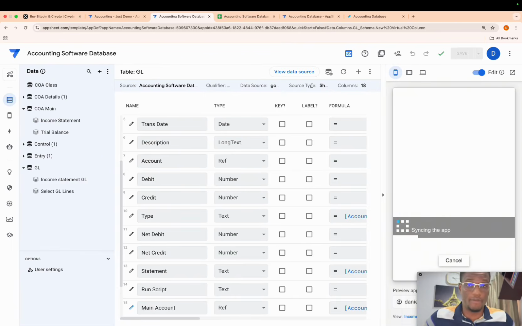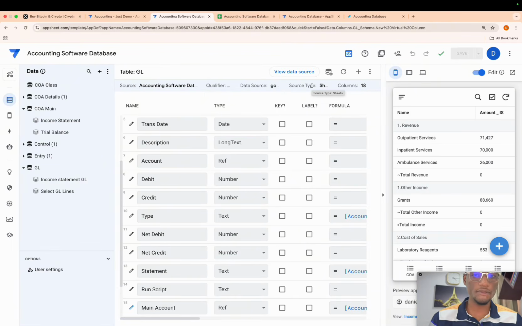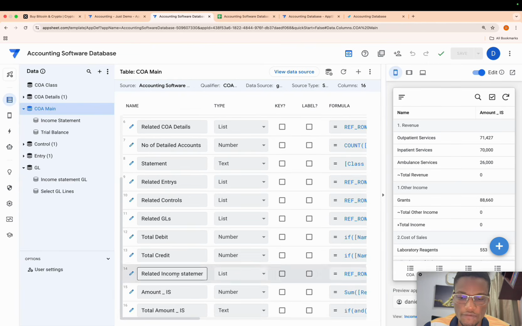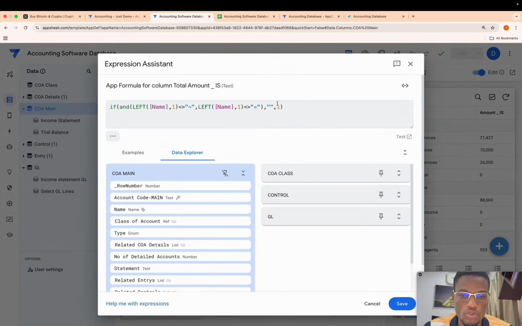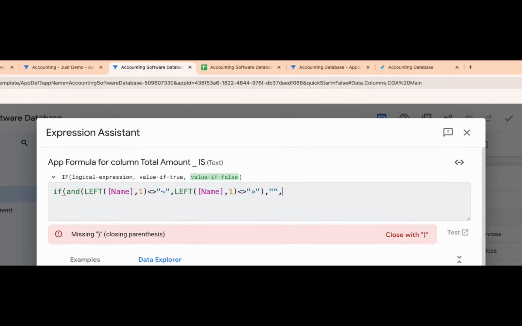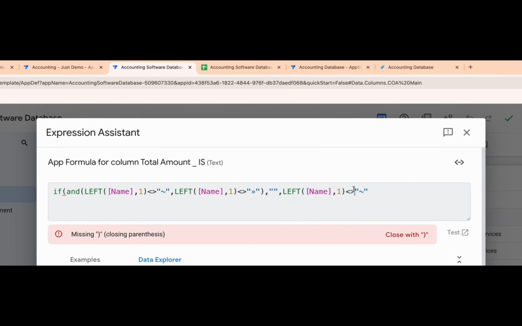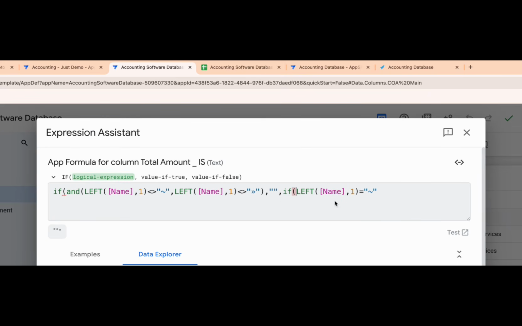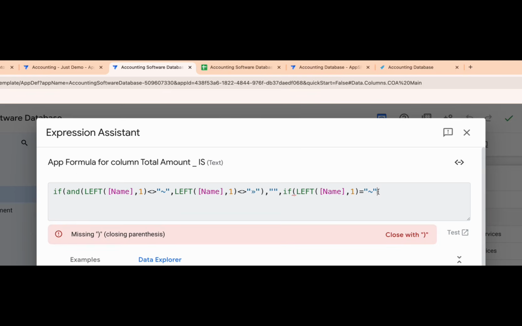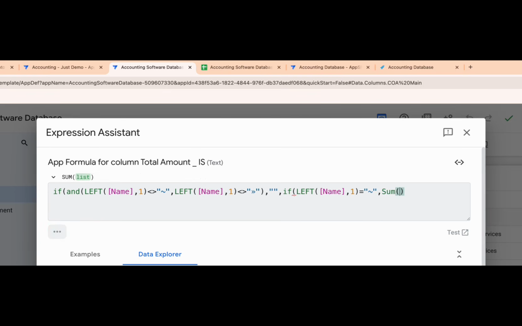And then we can redo the formula again. So we'll come back here and then we're going to do our calculations for the total. So instead of 1, we're going to paste this formula. So if left is equal to this, sorry. If left is equal to this, this time around I want you to do a sum.